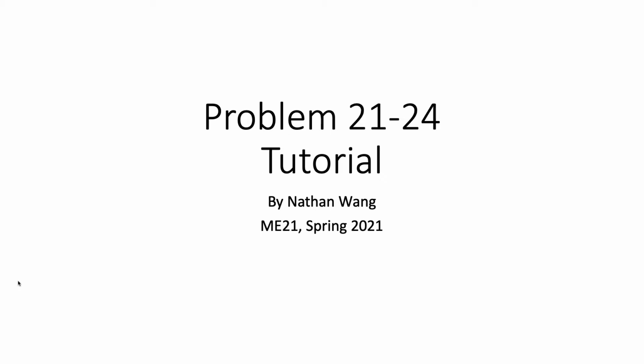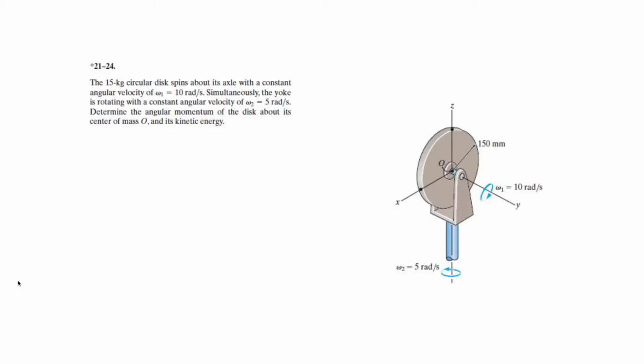I will be doing a step-by-step tutorial on how to solve problem 21-24 as my final project for ME21. Here's the problem. A 15 kilogram circular disk spins about its axle with a constant angular velocity of 10 radians per second. Simultaneously, the yoke is rotating with a constant angular velocity of 5 radians per second. We are asked to determine the angular momentum of the disk about its center of mass, O, and its total